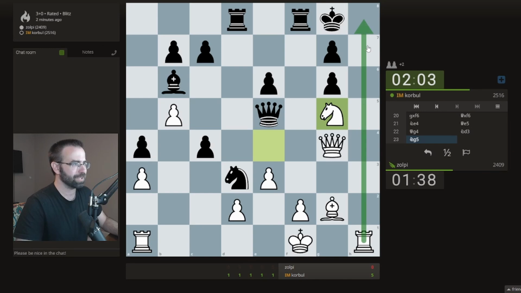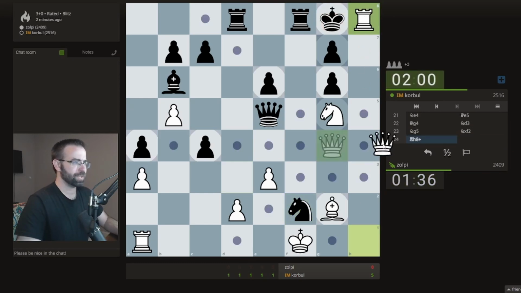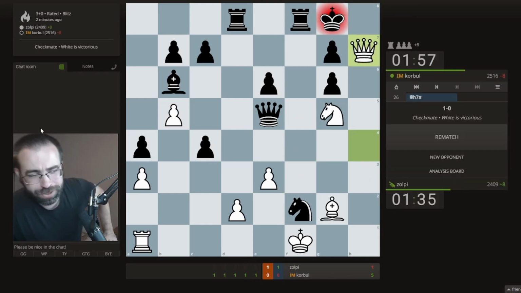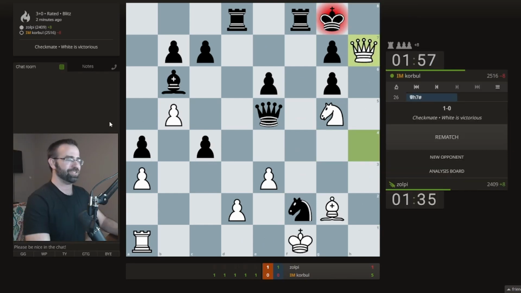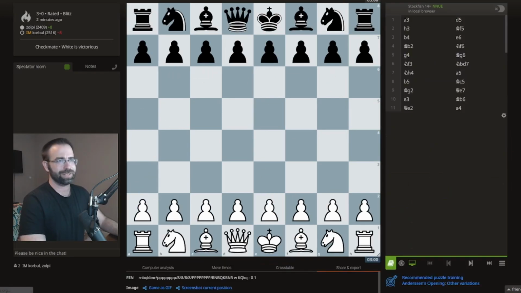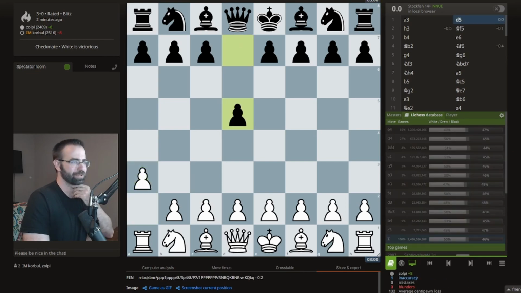But my threat is to go here, here, here, checkmate. So, wait, he does nothing about it, so we easily win the game. It's as easy as that. Destroy anybody, even IMs, with this one opening that, for some reason, seems to completely break chess. Let's break this one down and see how we beat an international master 2500 on Lichess